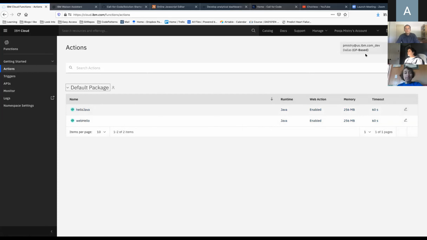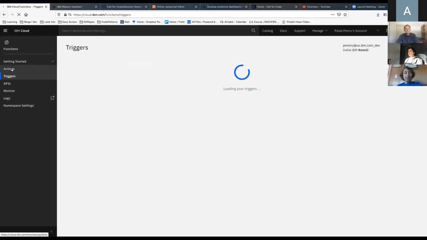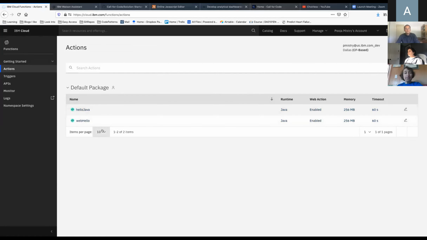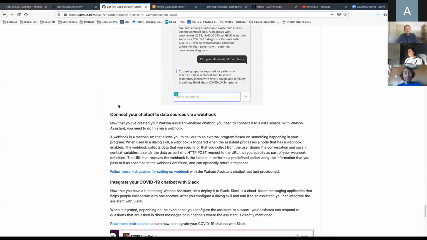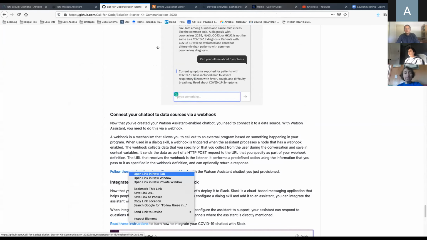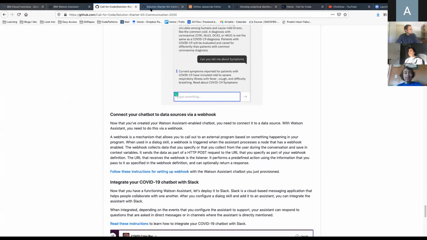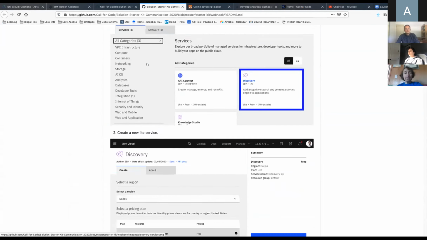Maybe I don't have it created. I don't think I have this action created to show you right now because I haven't created this yet. But if you look into some of these instructions, it'll show you exactly how to set up a webhook.